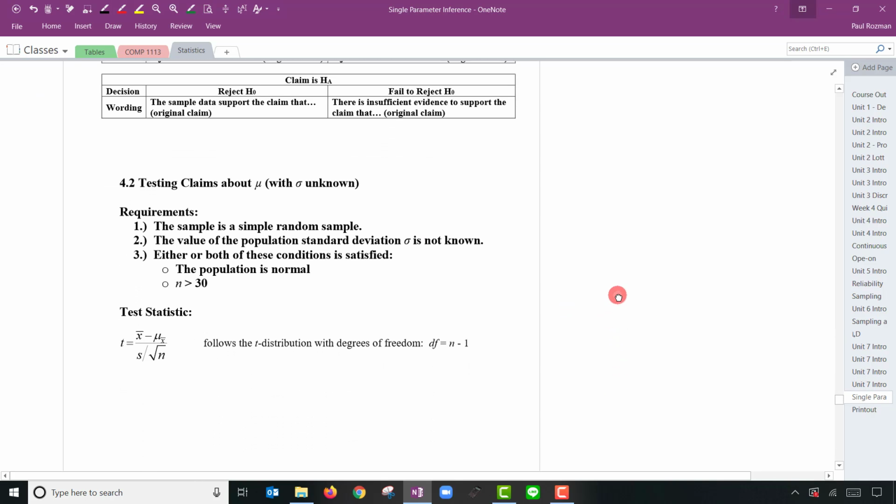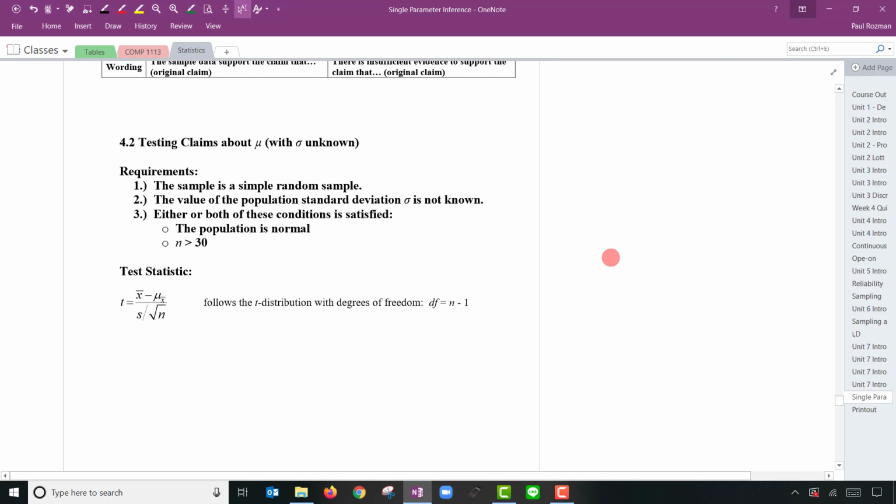Testing claims about the mean. We're only going to do the case where we don't know the population standard deviation. When we were doing confidence intervals, we did do the case where sigma was known and we used a Z distribution. And when the standard deviation is unknown, which is the more realistic or practical case, we'll use the t distribution. Basically, to conduct a hypothesis test for a mean, we'll have the same requirements that we had to do